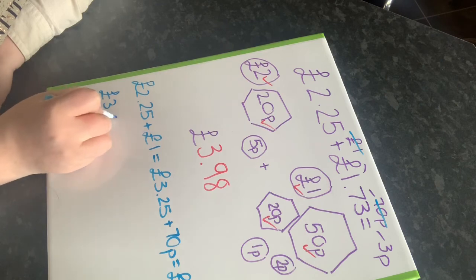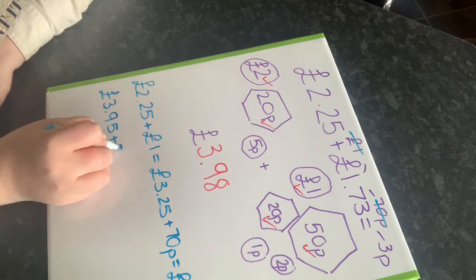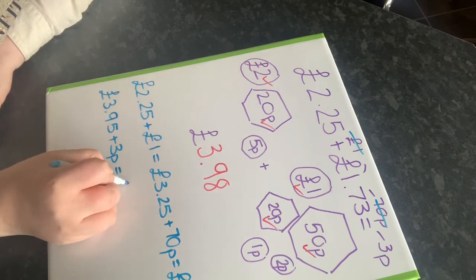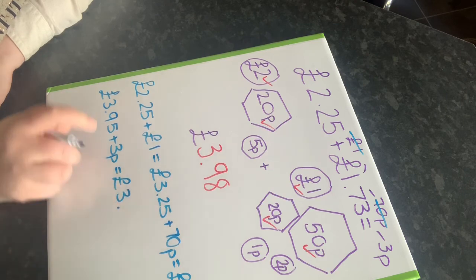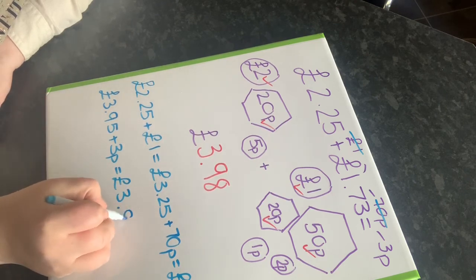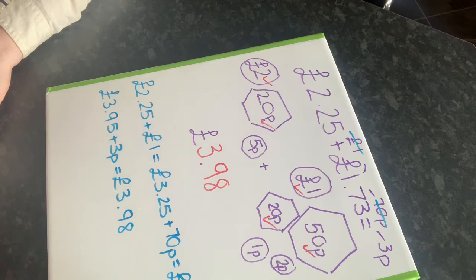Then you're doing £3.95 add 3p. So your £3 is going to stay the same. And then you're doing 95p add 3p, which is 98 pence, like that. That's an extra tricky example for